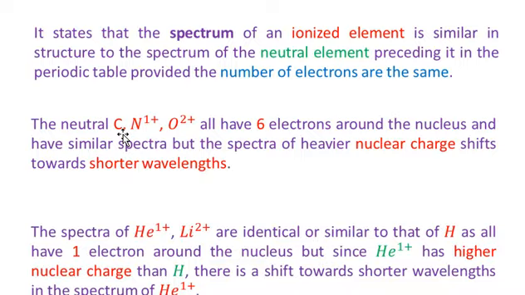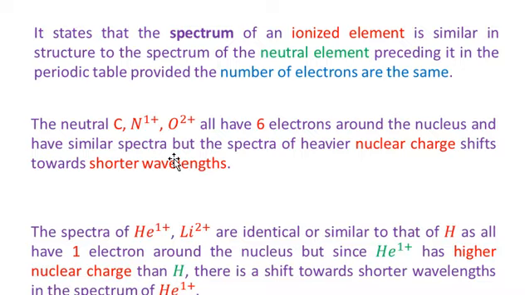The neutral carbon atom has 6 electrons around the nucleus. Singly ionized nitrogen also has 6 electrons. Doubly ionized oxygen also has 6 electrons. So carbon, singly ionized nitrogen, and doubly ionized oxygen all have 6 electrons around the nucleus